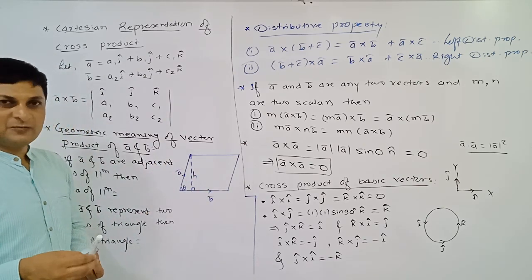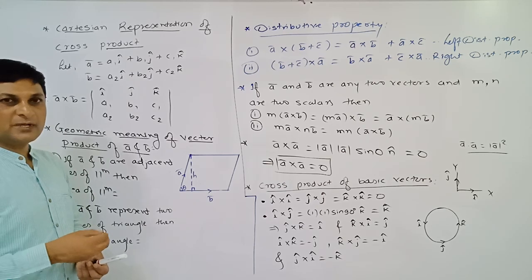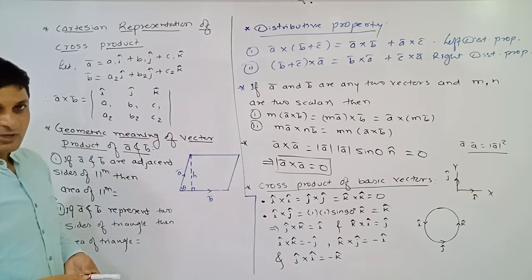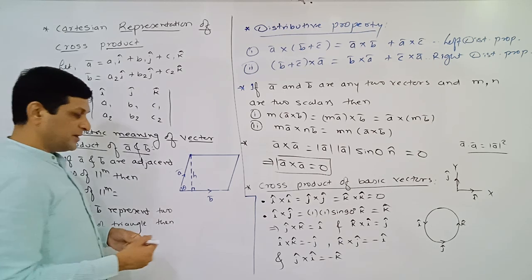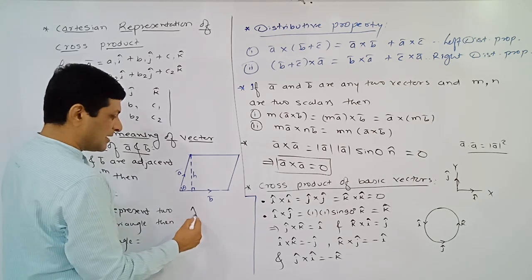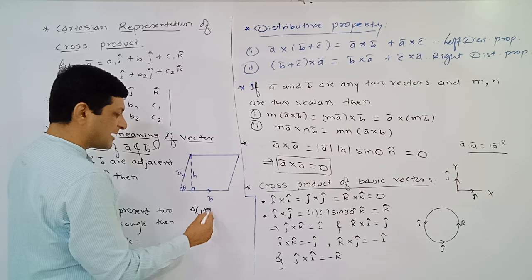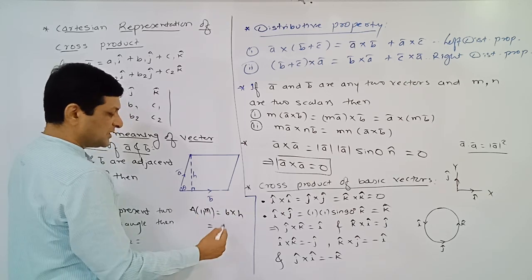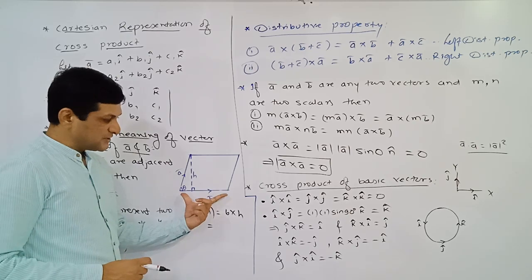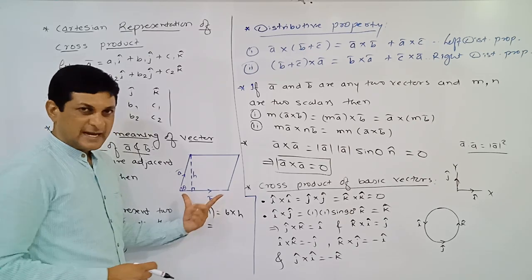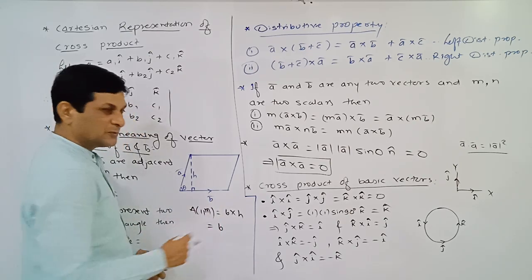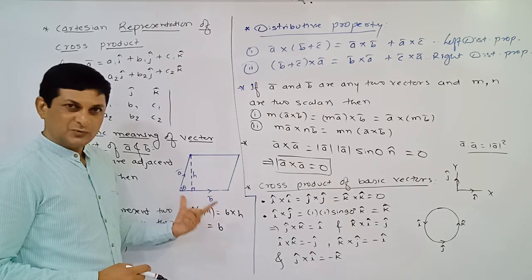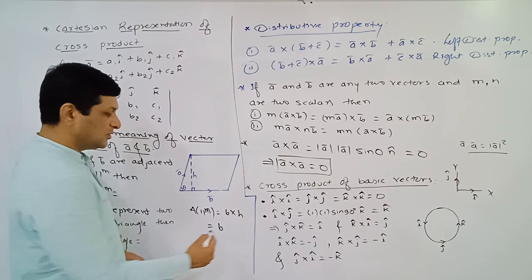Then we are discussing one formula to find out the area of a parallelogram in terms of what? Vector product, means in terms of cross product. Already we know the area of a parallelogram. What is the formula? It is equal to base into height, which is equal to, here base means the magnitude of B bar. Can I say that the magnitude of B bar is equal to B? Because if we have not written bar here, we have considered only length, into height.